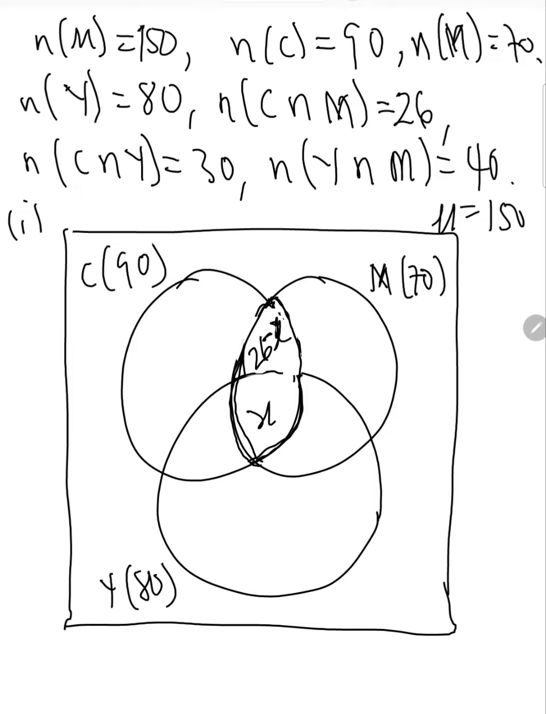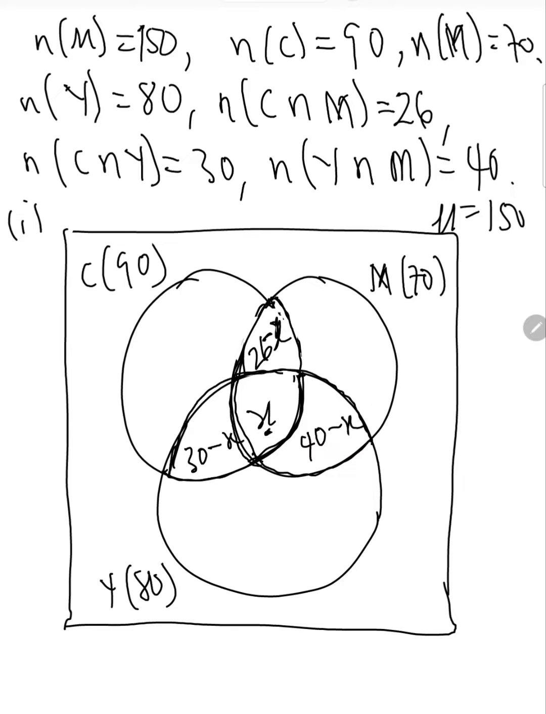Let's go to C intersection Y. So C intersection Y is also this portion, right? So how many are they? They are 30, but don't forget the 30 includes the x here. So to get the remaining value here is 30 minus x. In the same way, Y intersection M is this portion, okay, and it includes this x. So to get the actual value, the actual value of the remaining is 40 minus